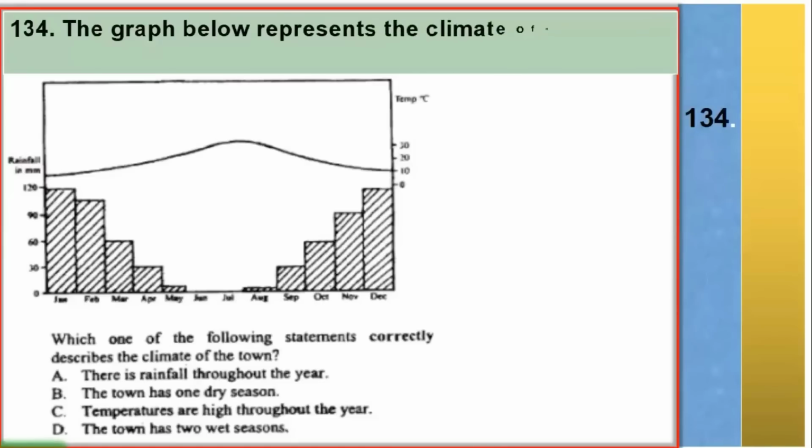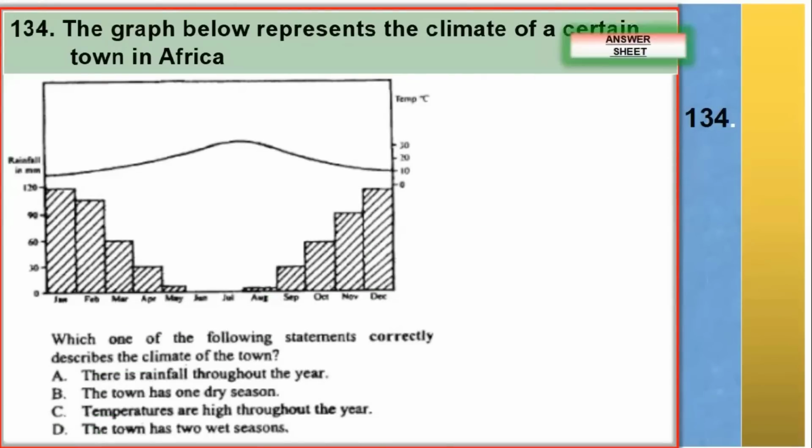The graph below represents the climate of a certain town in Africa. Study the graph. We have the temperature and we have the rainfall. Which one of the following statements correctly describes the climate of the town? So first of all, before we continue,